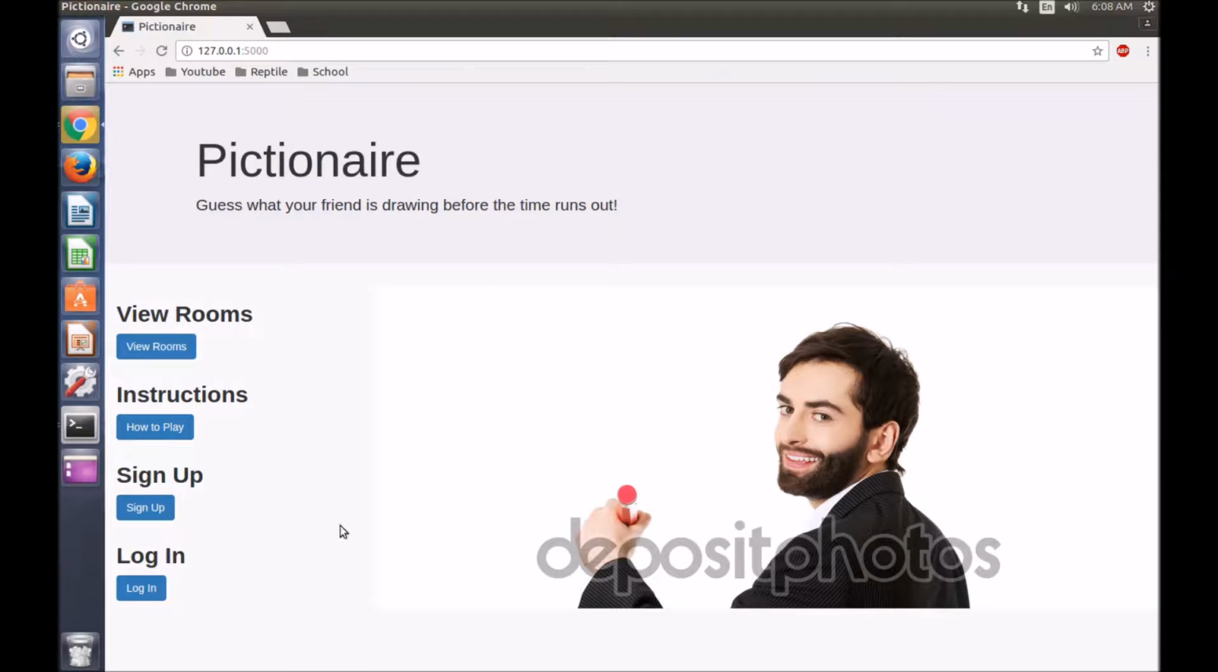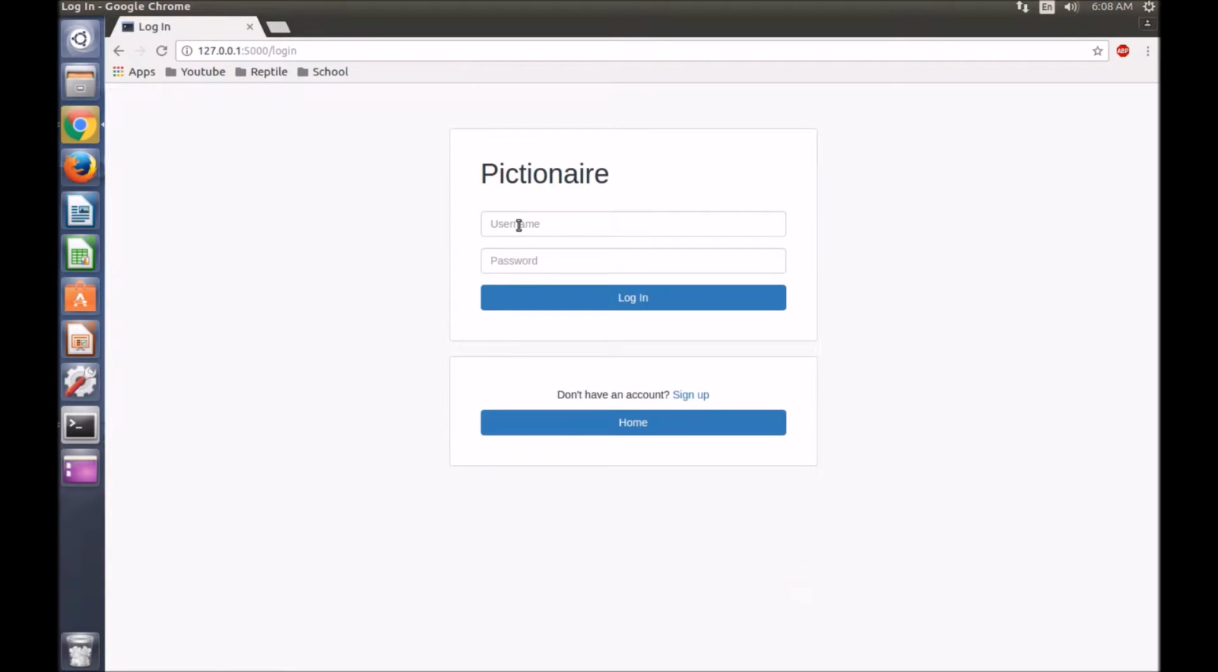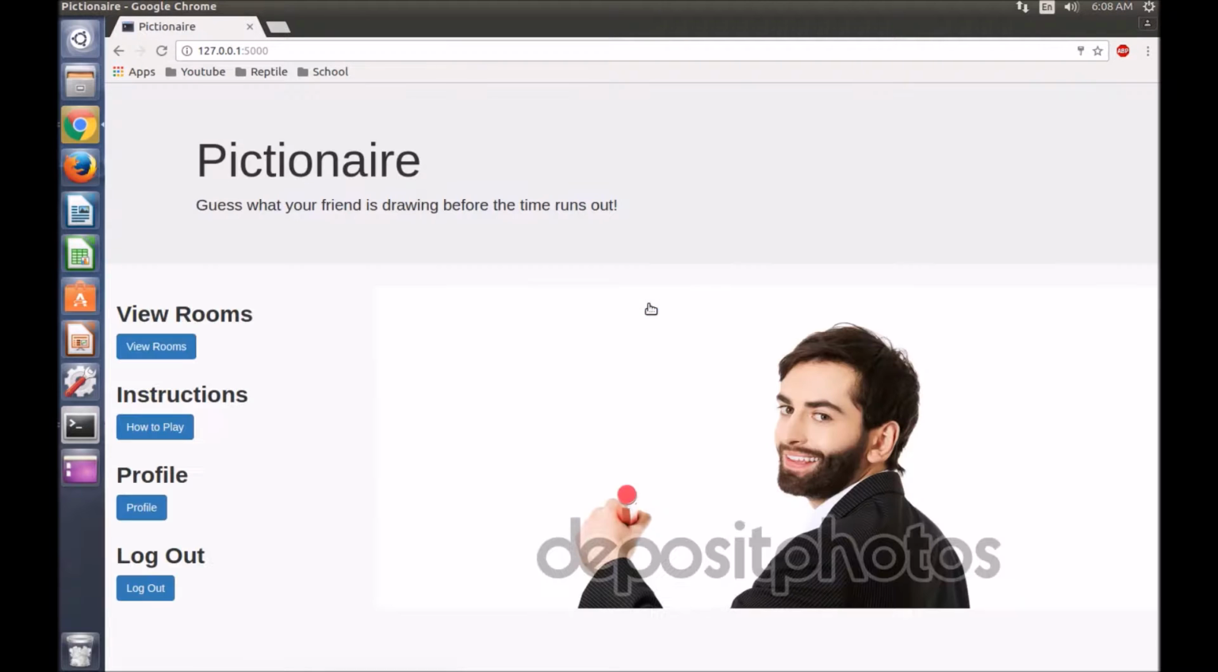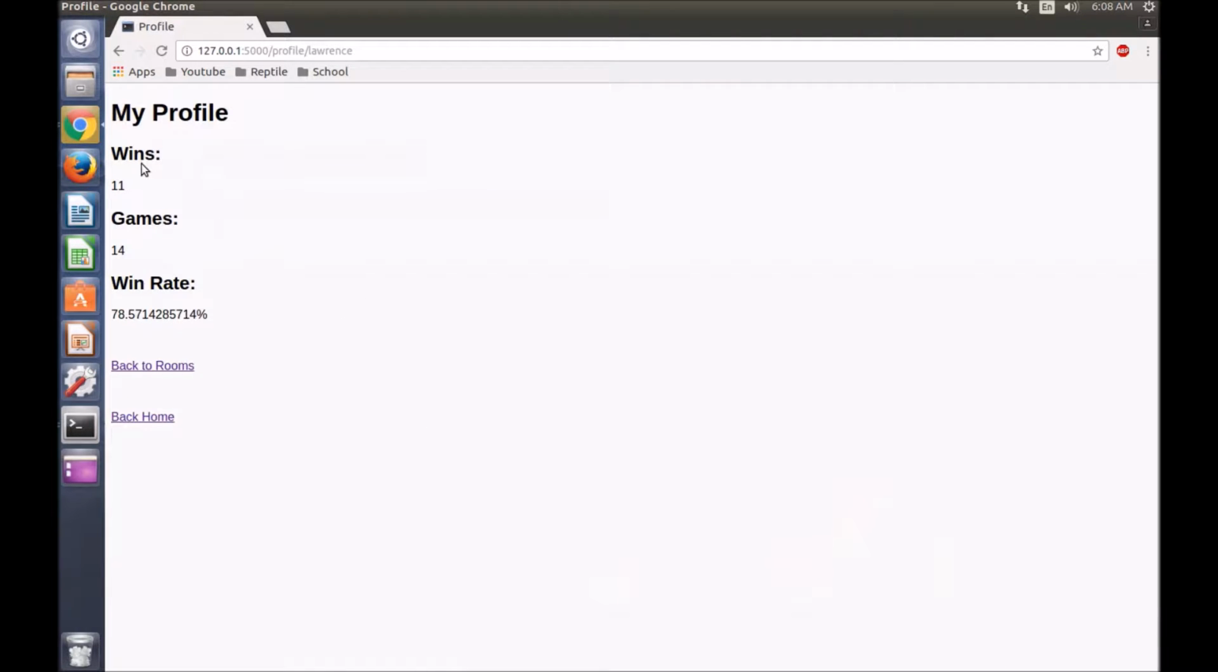So we can go back home. We can log in with a pre-created account, and as you can see there are navigational links down below, so we can log in, and on the left you'll see it changes to profile. We can click on profile to see our previous wins, games, and win rate. So let's go back home,